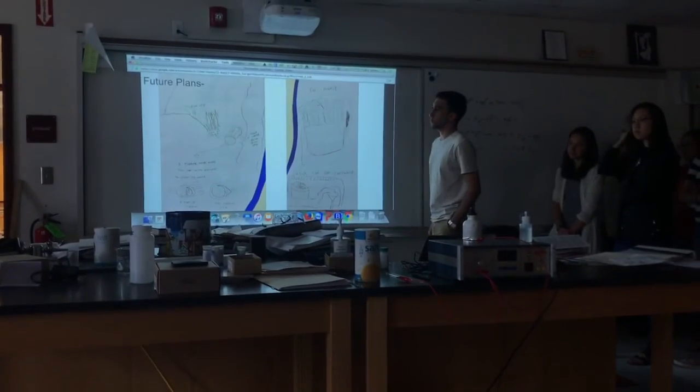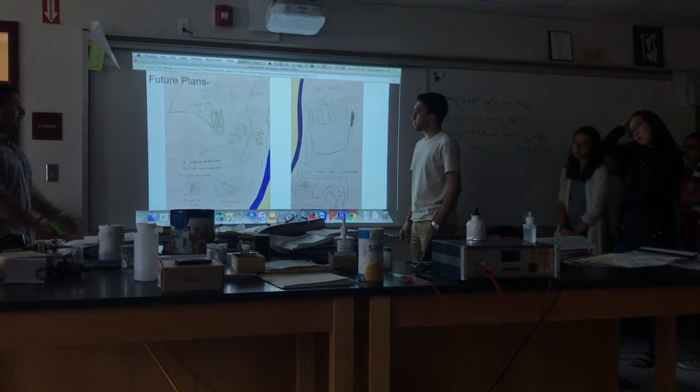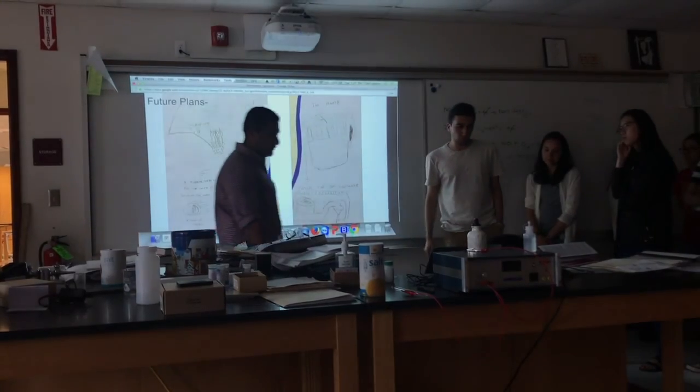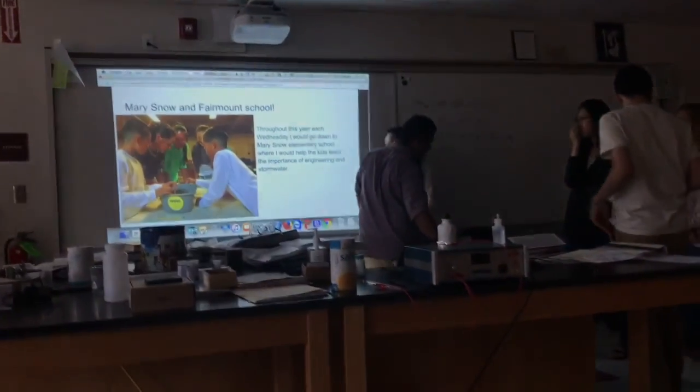Now this is after years of experimentation, and what if we did that in the future. Right now we wouldn't be able to do this, but in the future if we were to. The last thing